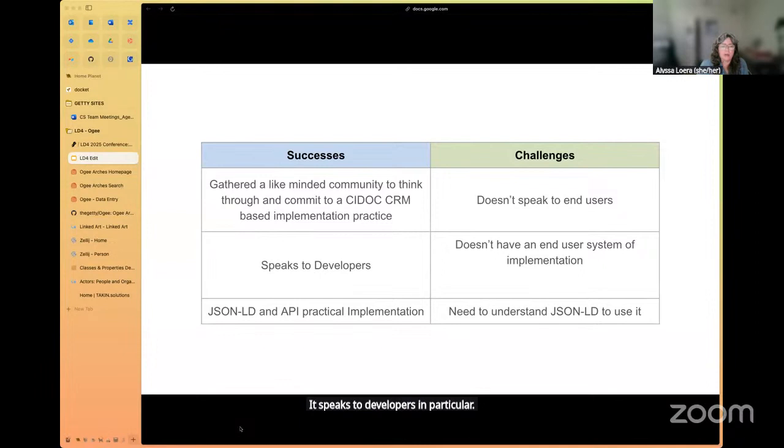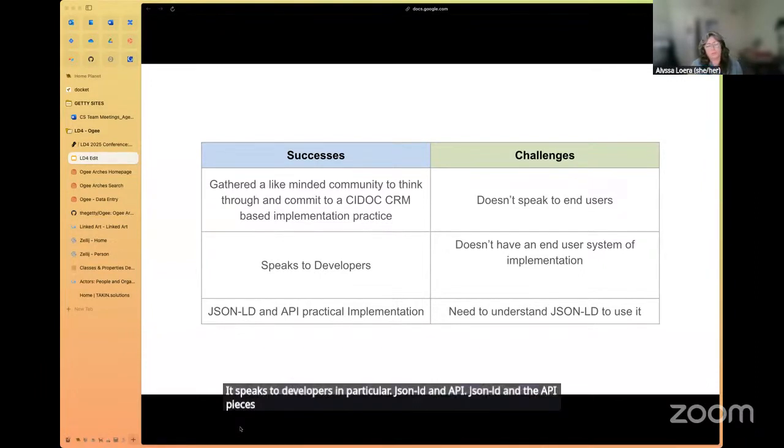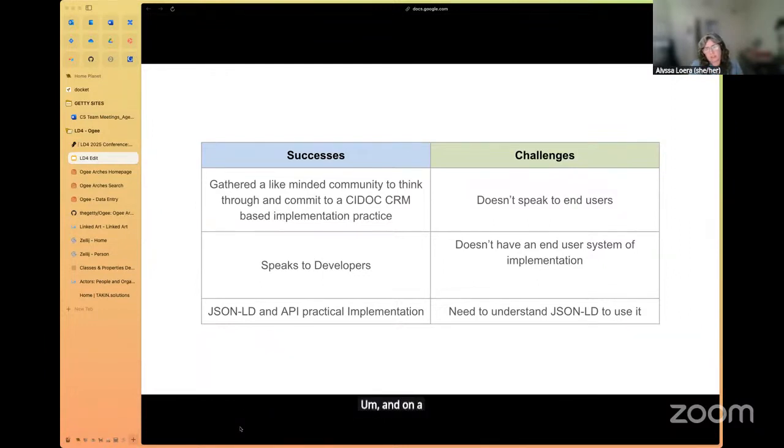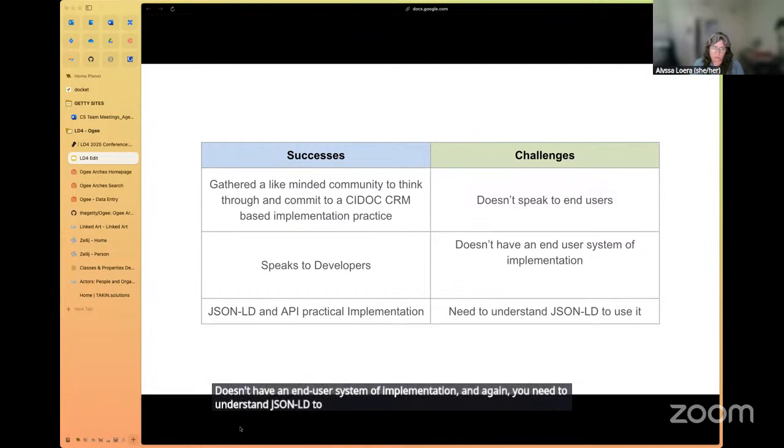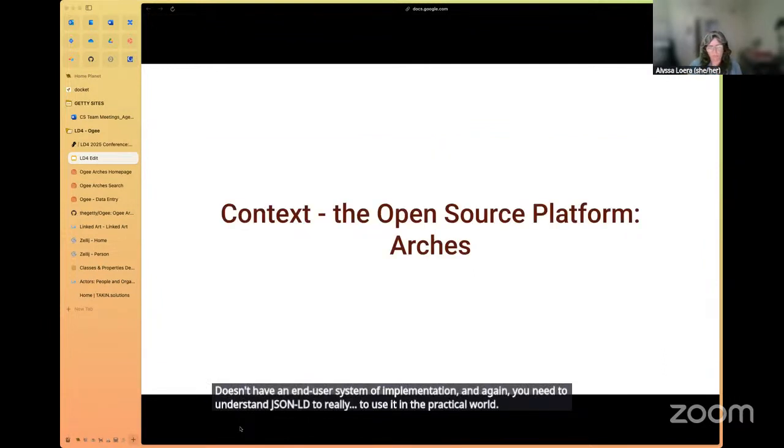JSON-LD and the API pieces allow for a practical implementation. And on the challenging side, it doesn't speak to end users, doesn't have an end user system of implementation. And again, you need to understand JSON-LD to use it in the practical world.